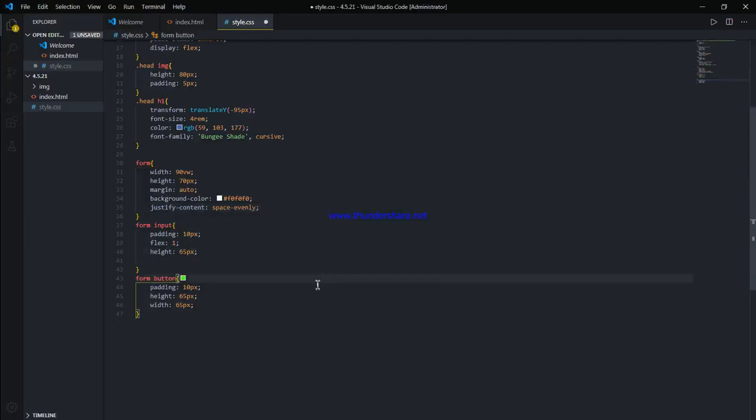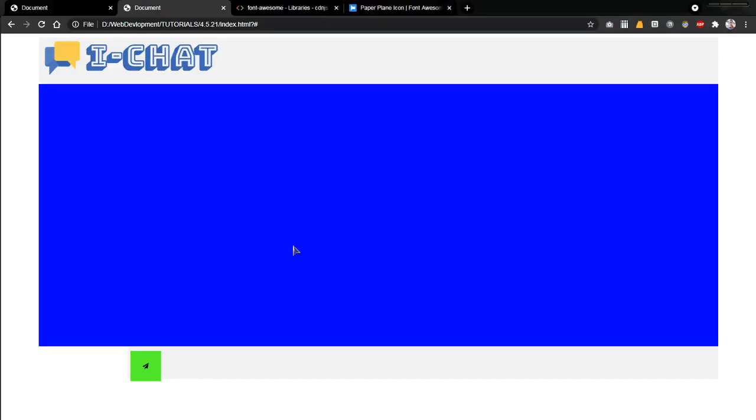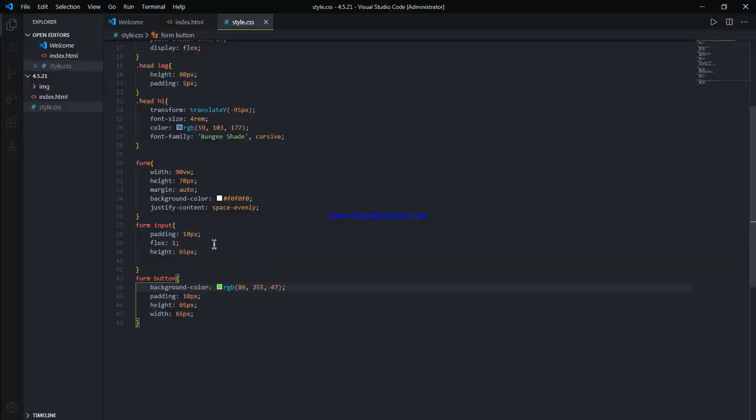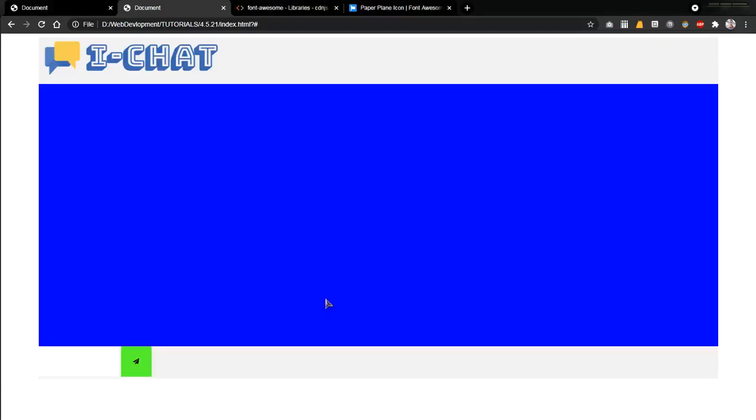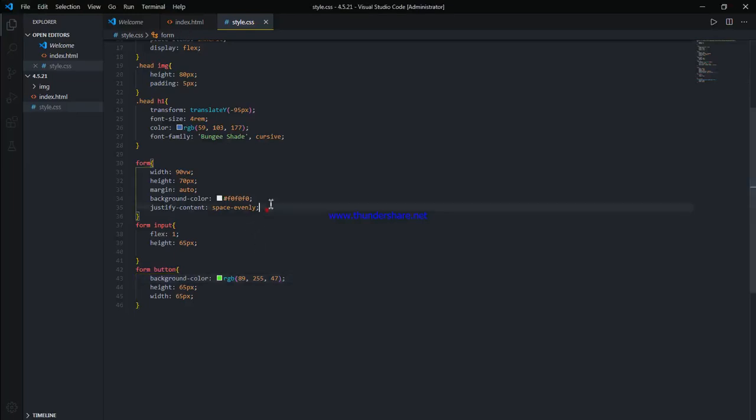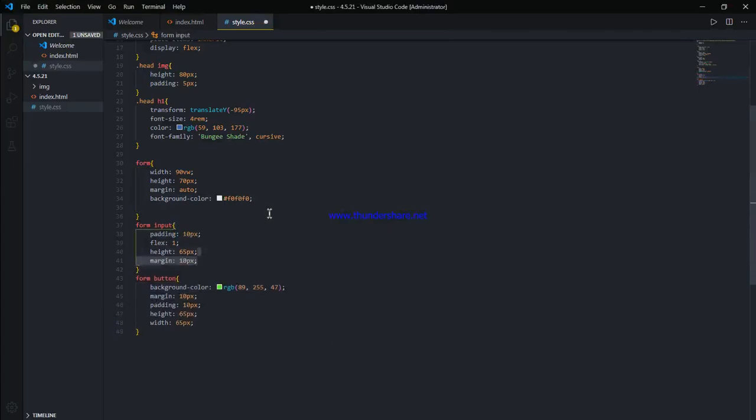No, just remove the margin first, and then it will work. No, still not. Remove the padding. Why did I remove it fully from the start? Just Control Z to where we started.